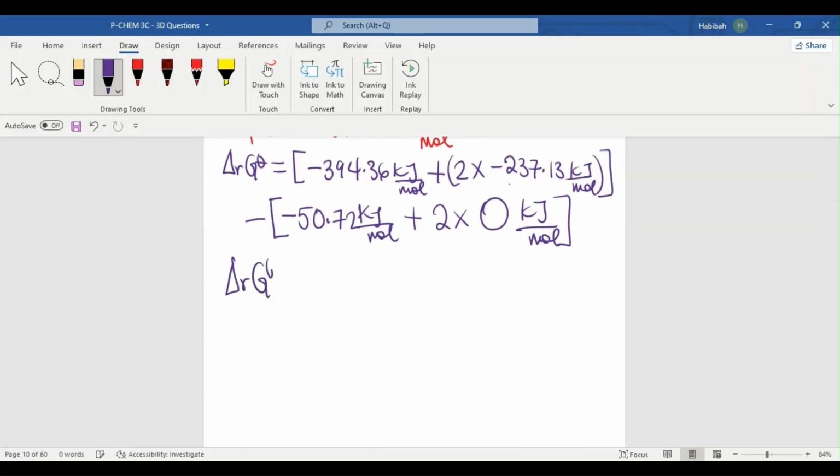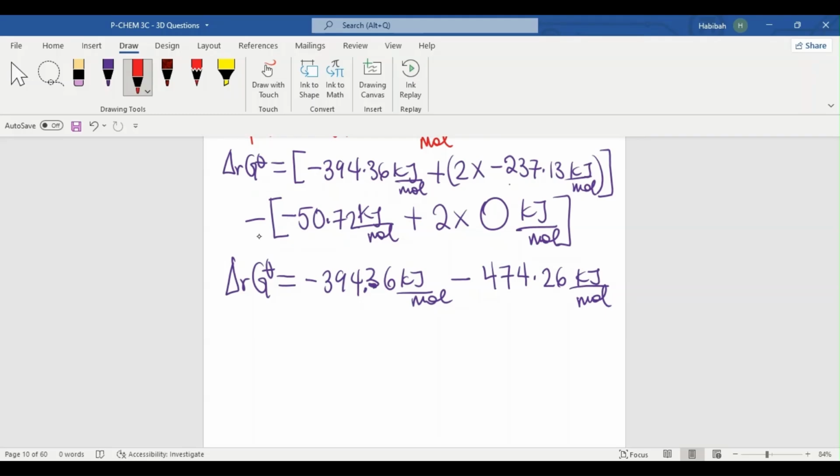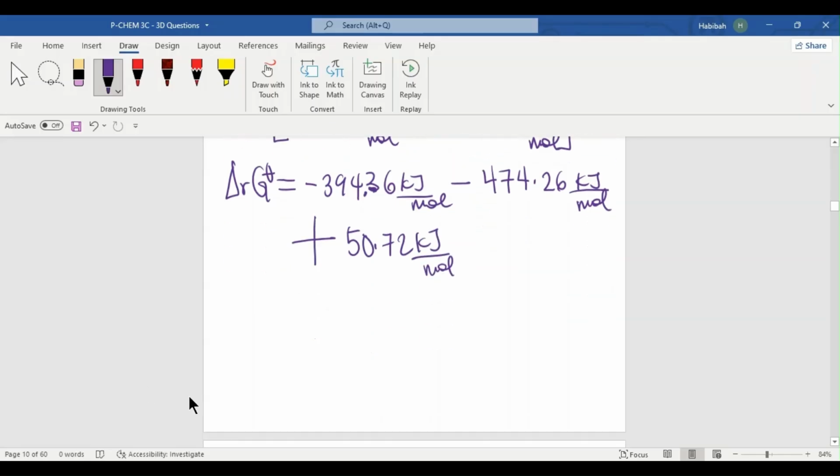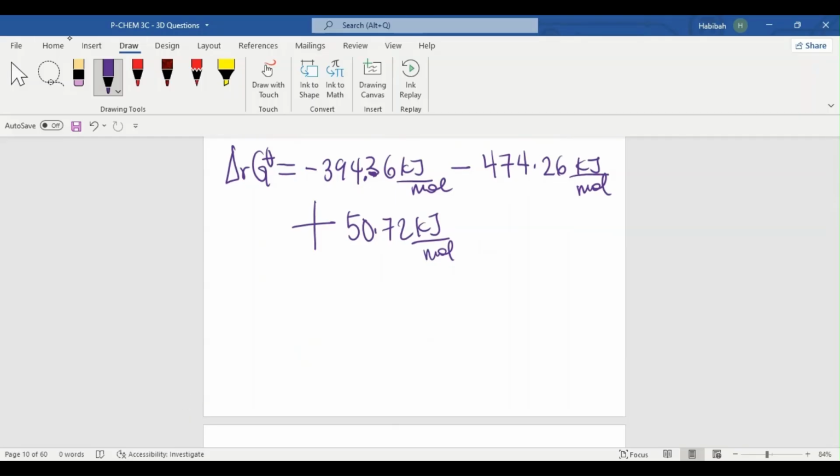So the Gibbs energy of reaction becomes negative 394.36 kilojoule per mole, minus 474.26 kilojoule per mole. And then here you've got minus and then minus again. So minus minus will give you plus. So this would be plus 50.72 kilojoule per mole. So plus 2 times 0 is 0, so you don't have to write plus 0. So you can just basically input all of this information in your calculator. You have negative 394.36 minus 474.26 plus